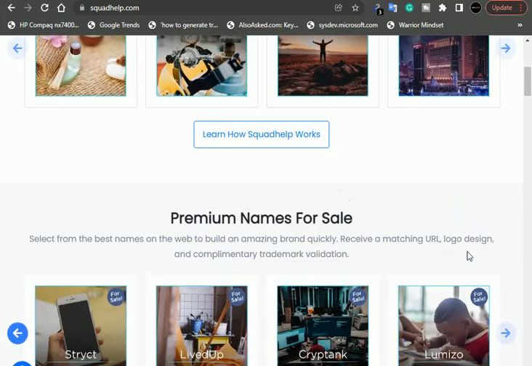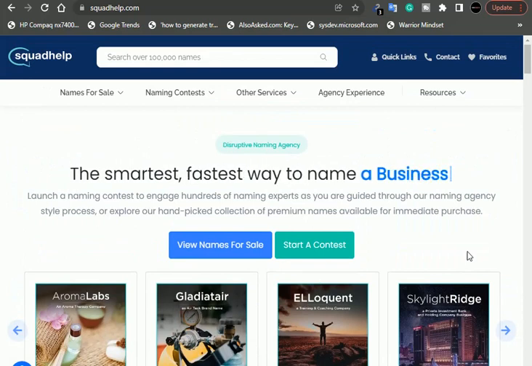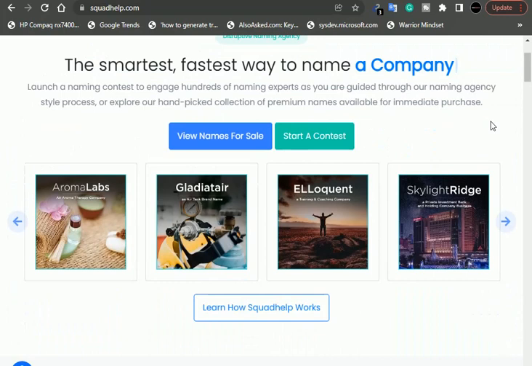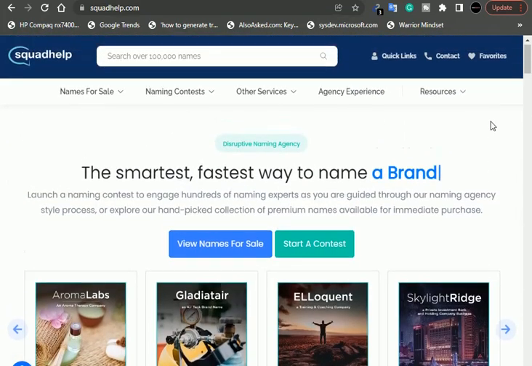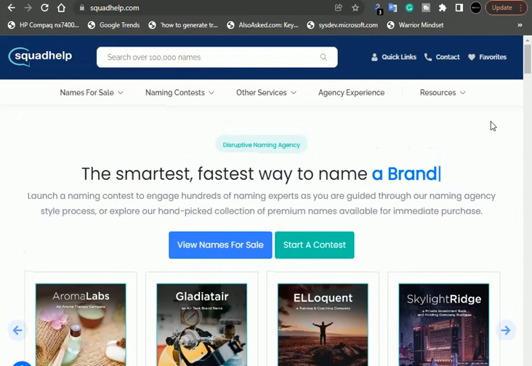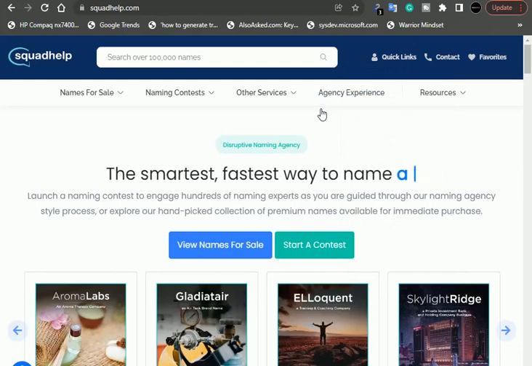So without wasting your precious time, because this website specializes in selling domain names, all you want to do once you get to this website is to click on account. As you can see right here, I already have an account on this website. But if you are coming here for the first time, you will see account right here where it says quick links. So all you need to do is click on that account, and you'll be taken to a page